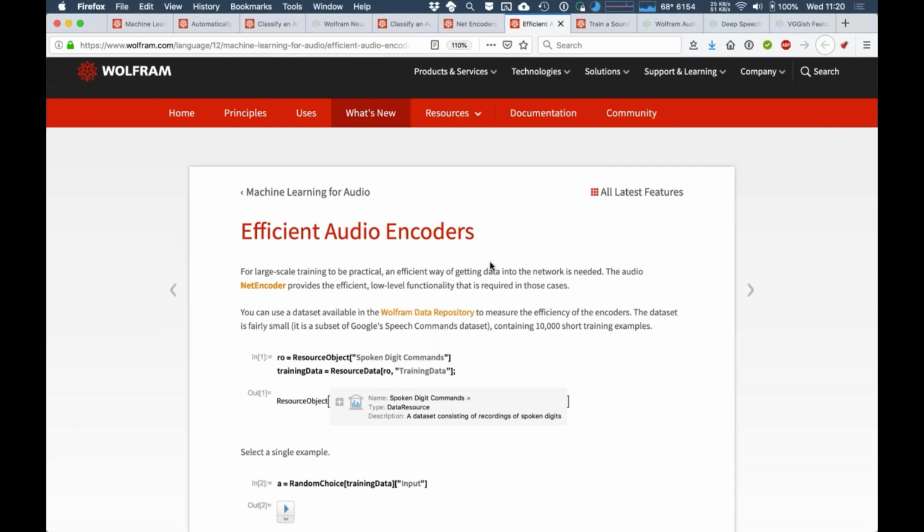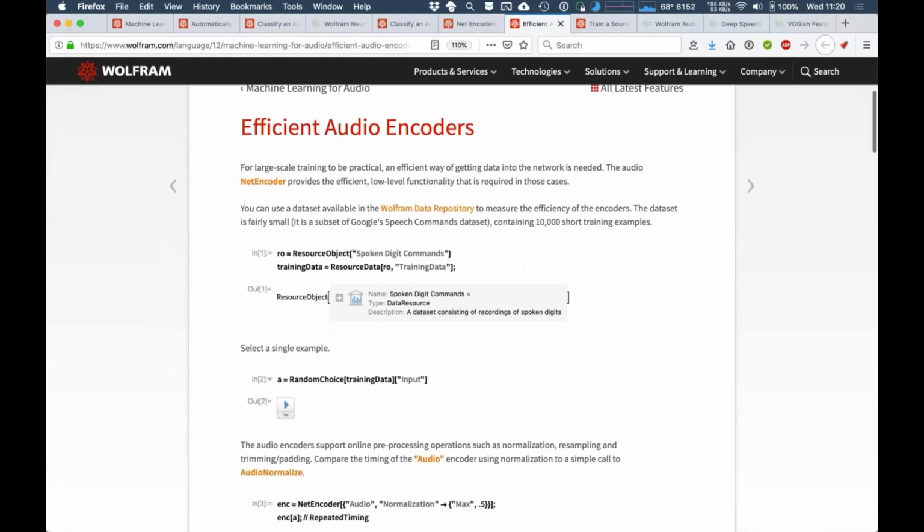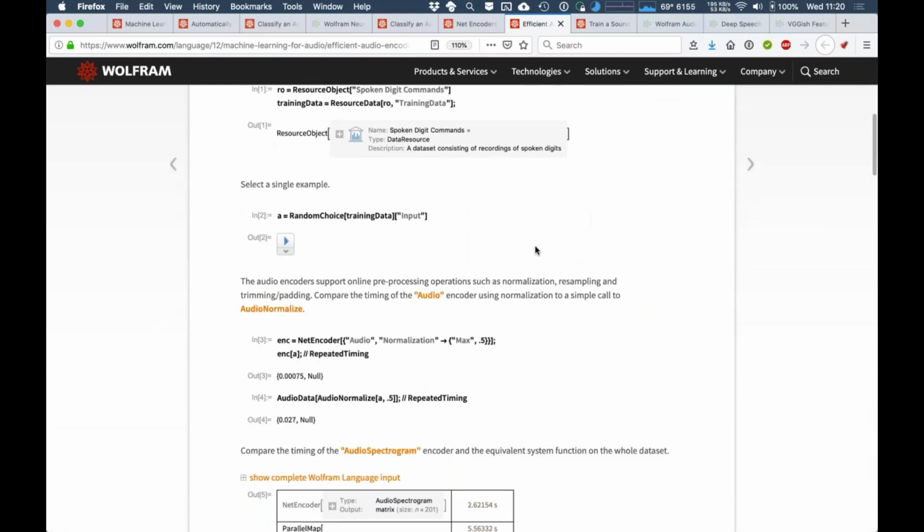Either you have your audio data as audio objects in a notebook session, but you could also have a huge file collection on your hard drive. For example, 1 terabyte of audio objects. Net encoders don't differentiate these two cases. They treat them exactly the same. And the nice thing about it is they are very efficient.